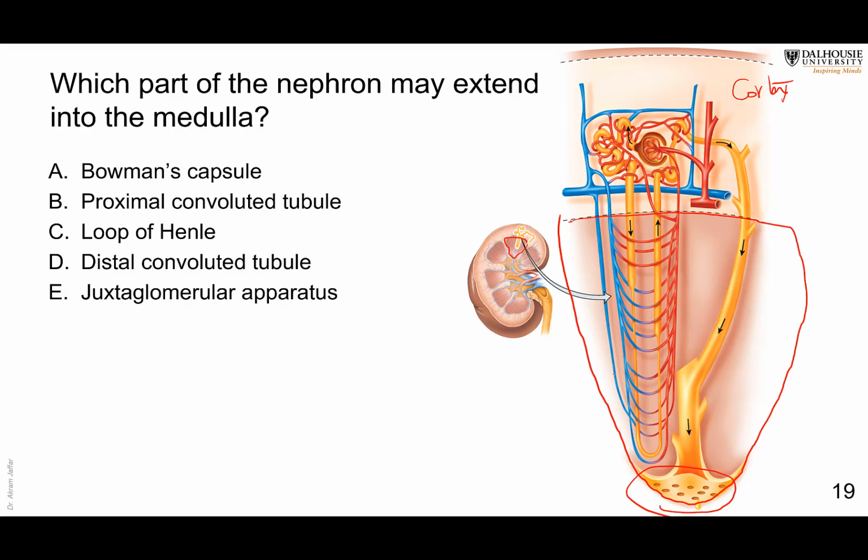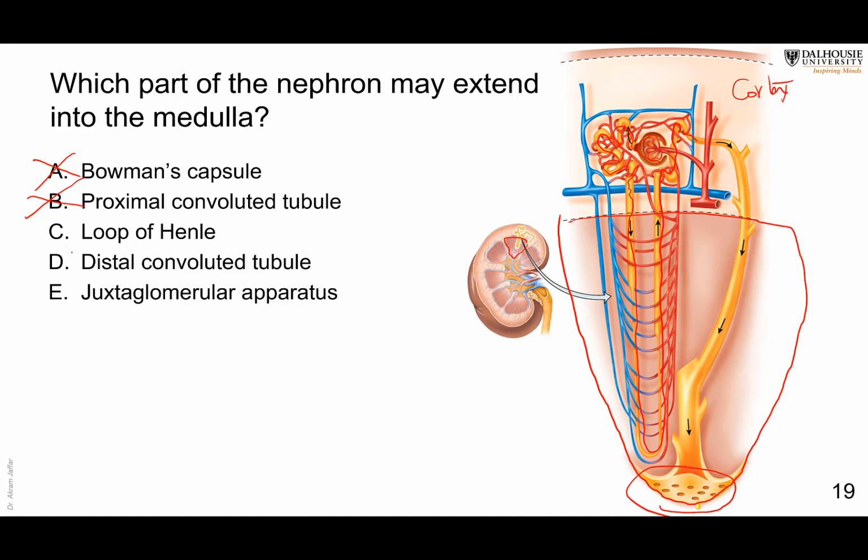So the nephron is formed of the Bowman's capsule here, which is located in the cortex, and then it gives rise to the proximal convoluted tubule. Then we have the loop of Henle, which goes into the medulla, with a descending limb, then an ascending limb, then the distal convoluted tubule. So the Bowman's capsule is present in the cortex, the proximal convoluted tubule is present in the cortex,